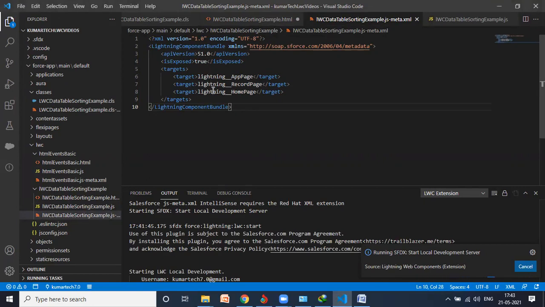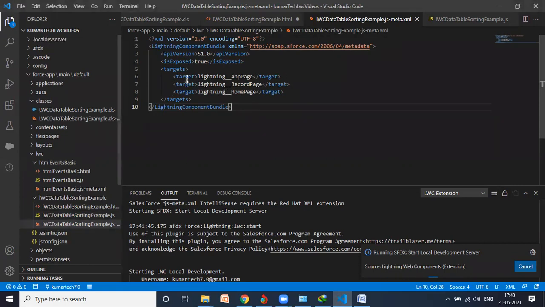And wherever you want to make it visible, on the home page, you need to select this one, record page, or app page, whatever target you choose, it will display. And meanwhile my command started, so now it will give me a local preview.